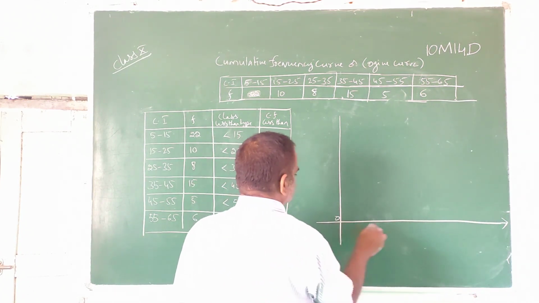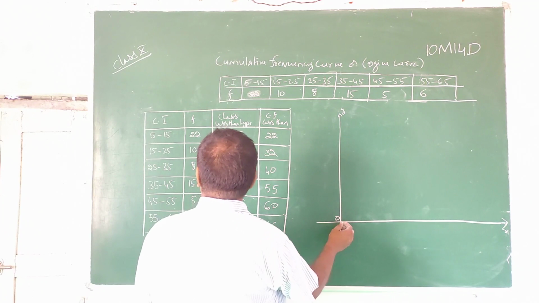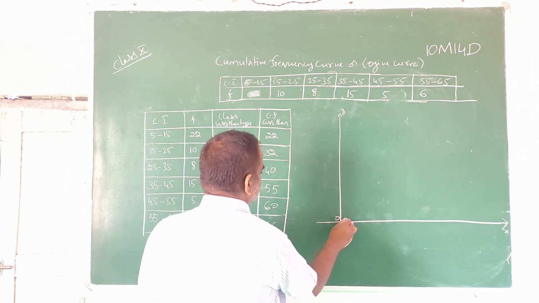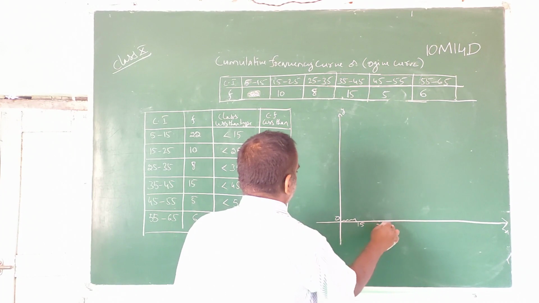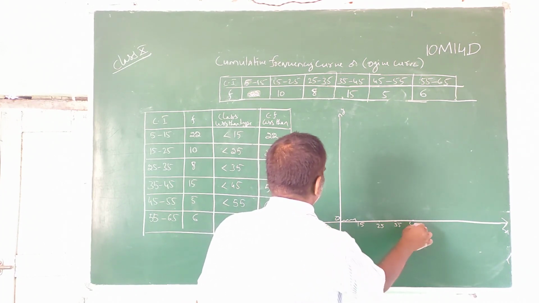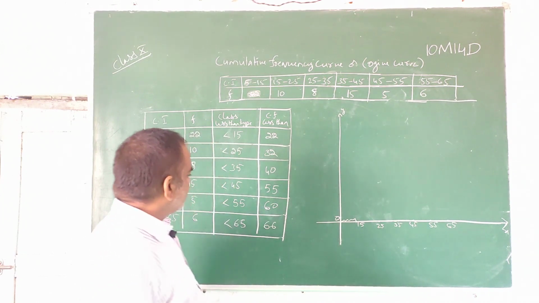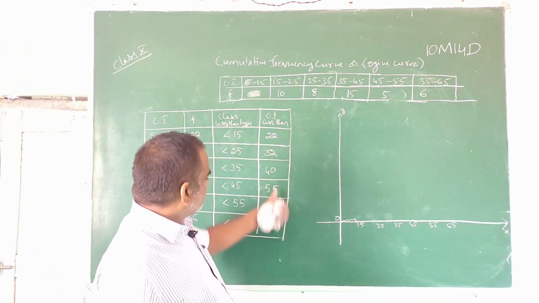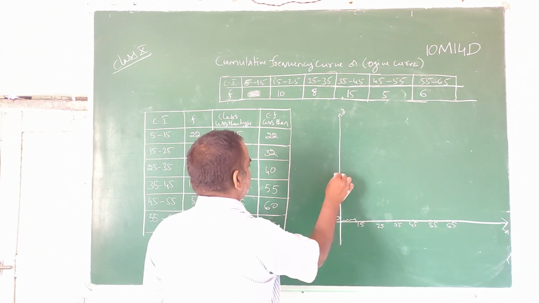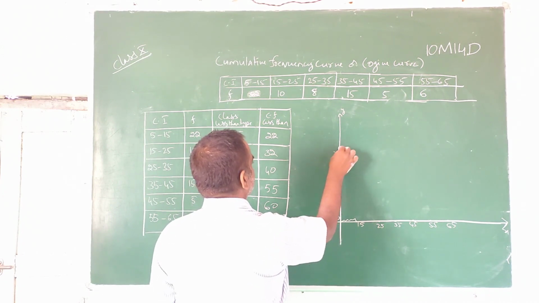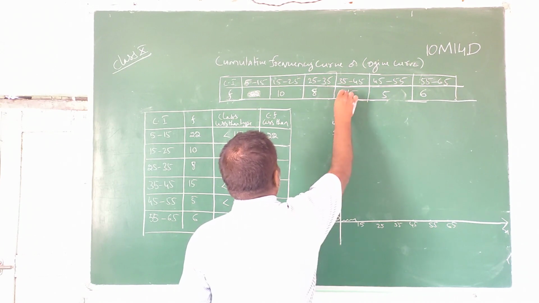You have to draw the less than ogive. This is the x-axis, this is the y-axis. On the x-axis you have to take upper limits, beginning from 15: 15, 25, 35, 45, 55, 65. The corresponding cumulative frequencies you have to take on the y-axis. Let us choose the scale: 1 centimeter is 5. So 5, 10, 15, 20, 25, 30, 35, 40, 45,